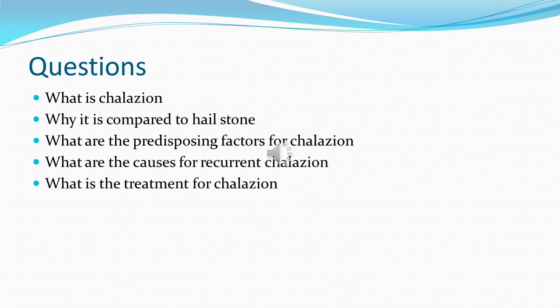The differential diagnosis for the chalazion includes all the lesions which I have explained: hordeolum, external hordeolum, or it could be a foreign body granuloma, adenoma or adenocarcinoma, fungal nodule or tubercular nodule, or epithelioma of the conjunctival mucosa. What is the treatment for this condition? Treatment for chalazion is incision and curettage, and all the measures we have to take while doing the incision and curettage I have already explained to you.